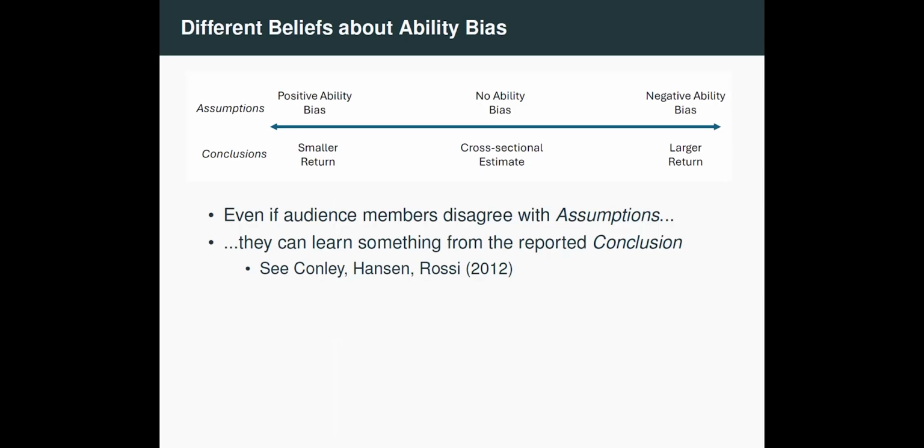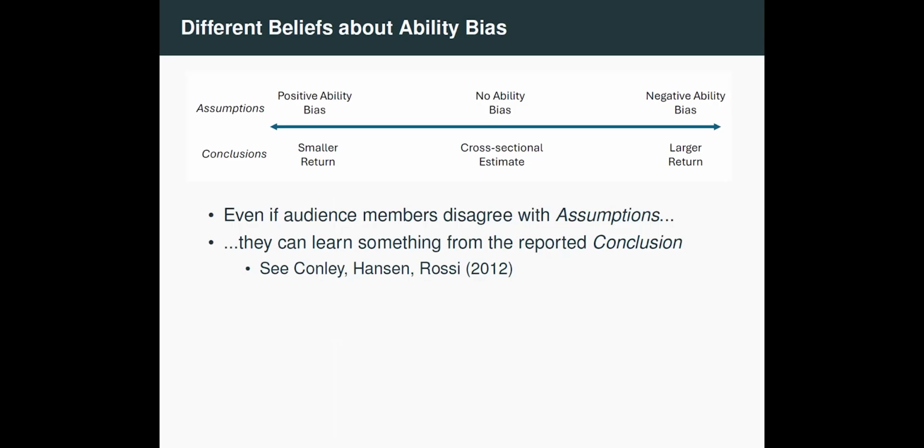Well, what that means is that it might be that every single person reading your paper thinks that your estimate is wrong, in the sense that nobody really thinks it's an estimate of the causal effect of schooling on earnings. But still, every single person who reads your paper learns something useful from it about the causal effect of schooling on earnings, right? And that's a kind of magic of interpretability.